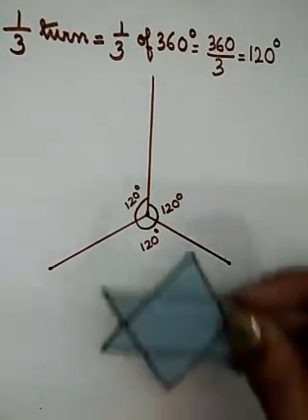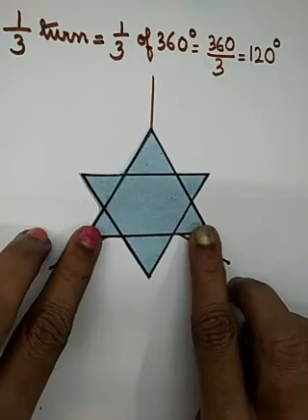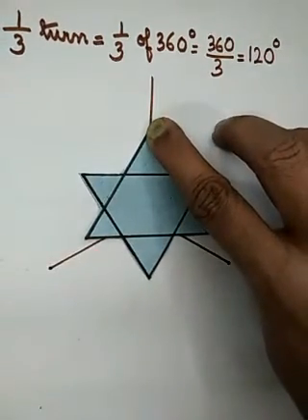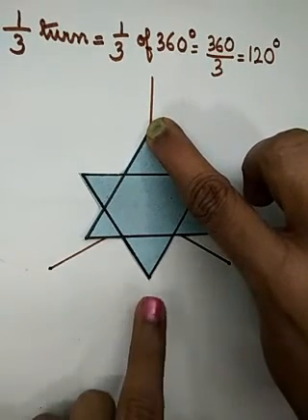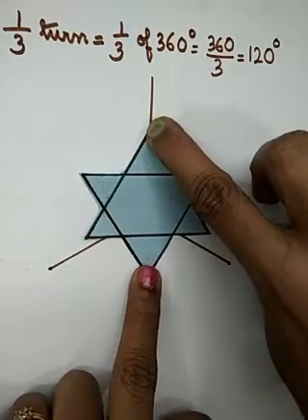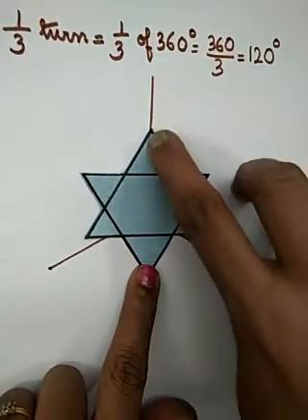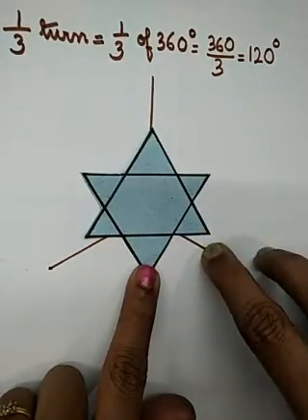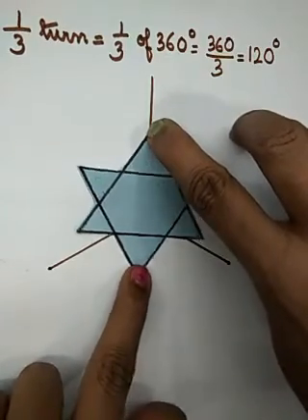Okay, so one picture I have got. This is the picture. Okay, ये picture ऐसे है. Okay, so let me take this point. मुझे देखना है कि क्या ये picture 1/3 turn के बाद भी एक जैसा लगता है या नहीं. So I will give it a clockwise turn. So यहाँ इस point से clockwise turn. So this point should come here. Okay, ये जो point है वो यहाँ आ जाना चाहिए turn करने के बाद. So that is why I am holding it with this finger. So इसको घुमाकर